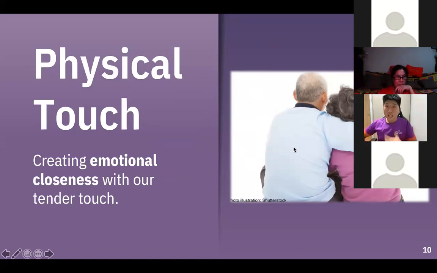All right. So whenever we talk about physical touch, it is a common misconception that we are talking about the three-letter word. Okay? It is not. That is not the point. For somebody with a love language of physical touch, what in essence they are looking for is some kind of emotional closeness that is associated with some kind of physical contact.